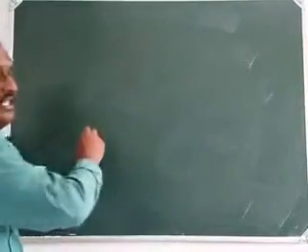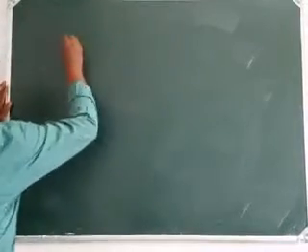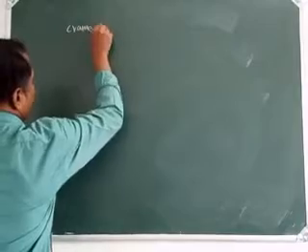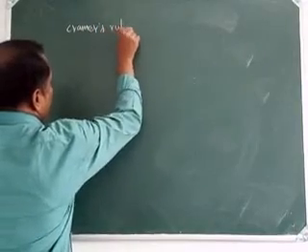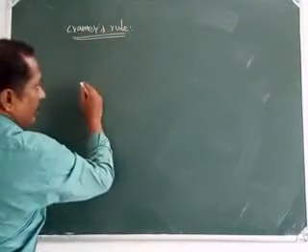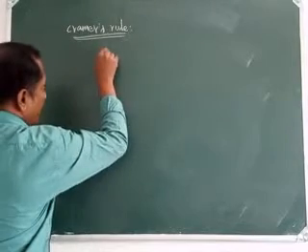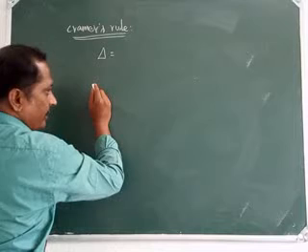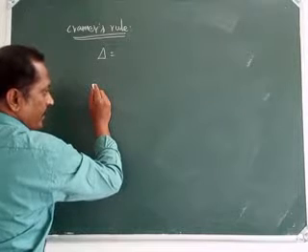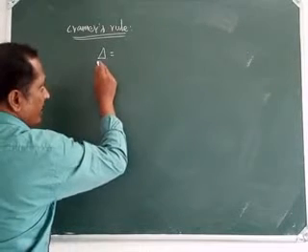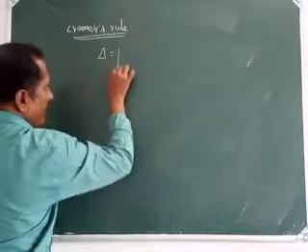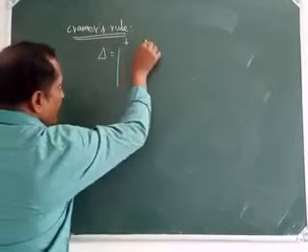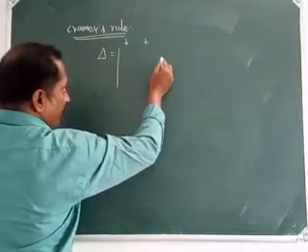Today we have to see the Cramer's rule method: how to solve the given system of equations using Cramer's rule. First you have to calculate delta. Delta means detach the coefficients of the x, y, z variables. Then find delta: the first column is the coefficient of x, the second column is the coefficient of y, the third column is the coefficient of z.